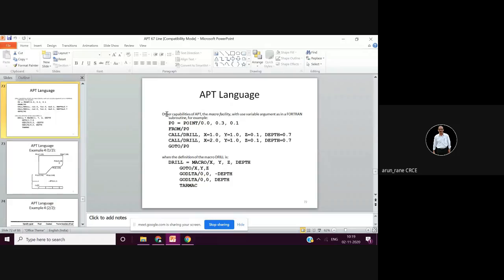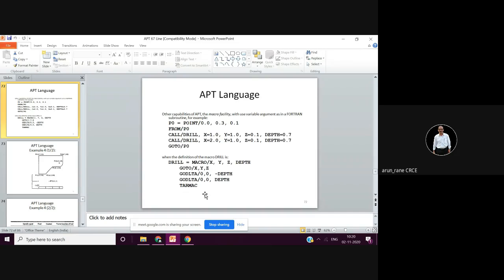Then after you define those statements, you write your points, that is P0, or you can give P1, and then you say from P0, and this is a macro actually. Then these are your motion statements in which you are calling your macro, that is the drill macro, with XYZ.